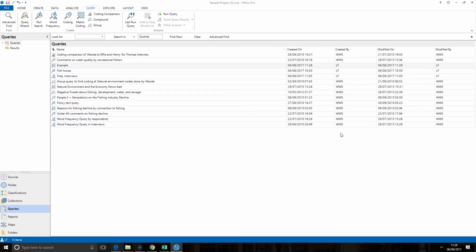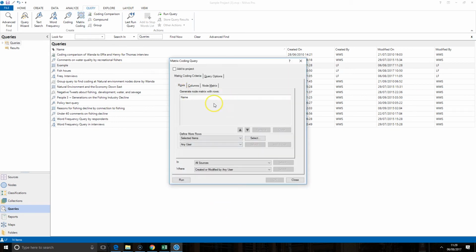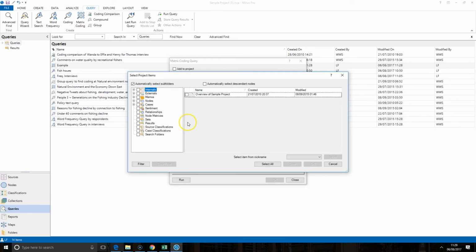So you saw that the participants and the themes, where they overlapped, the number came in. If I create another matrix query this time, and for my rows I'm going to once again bring in some